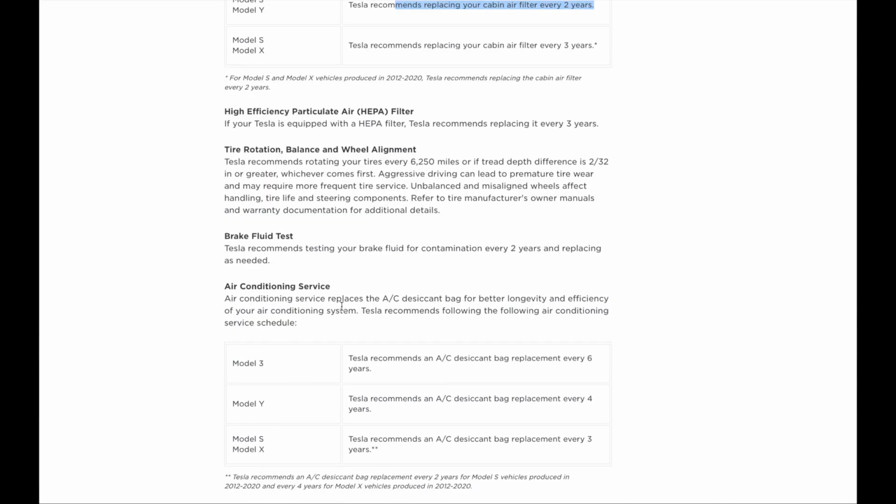Some kind of AC bag. Tesla has it. You know how expensive the service to do this is? You have to extract the gas from the AC system to replace this bag. It's not just a spin-on filter or anything. It's very interesting. I do not know the purpose of this bag, and if you do, drop me a comment